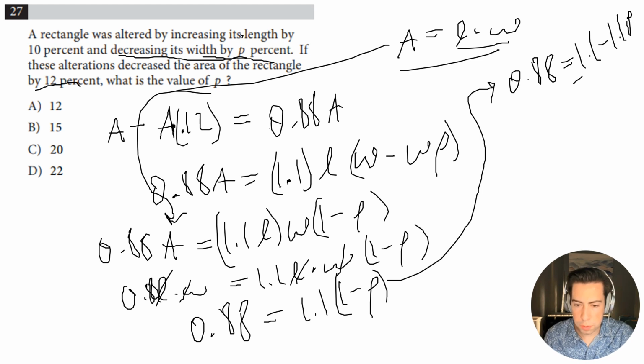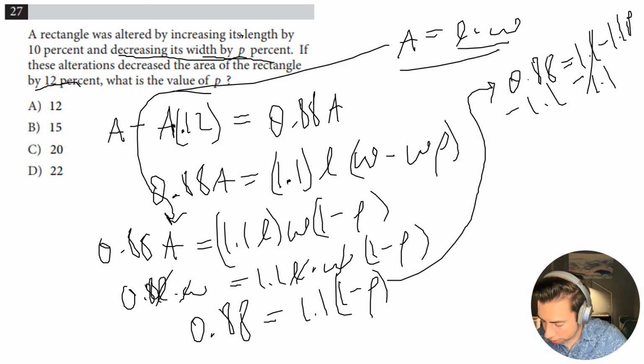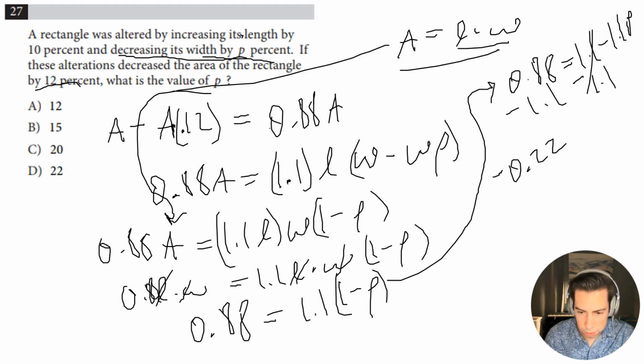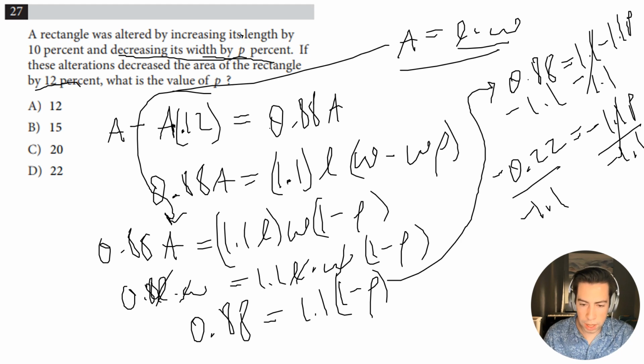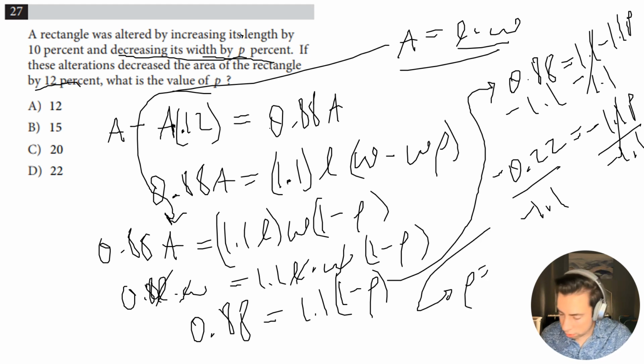So now what I can do is subtract 1.1 from both sides and use my calculator. So 0.88 minus 1.1 is going to be negative 0.22. That's going to be equal to negative 1.1p. Now if I divide both sides by negative 1.1, I'm going to have that p equals, and let's go ahead and write that down. So negative 0.22 divided by negative 1.1, and we are going to get